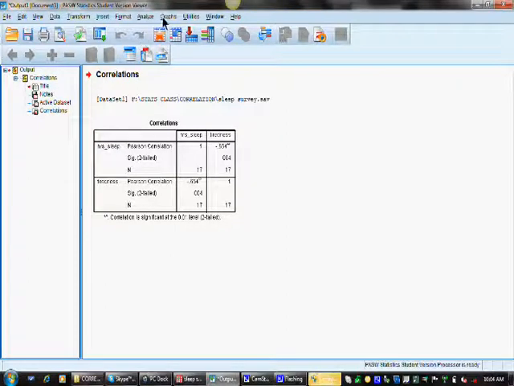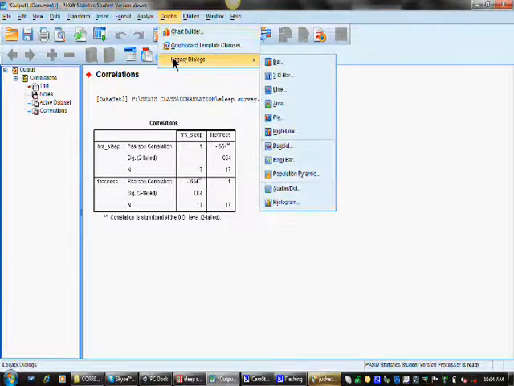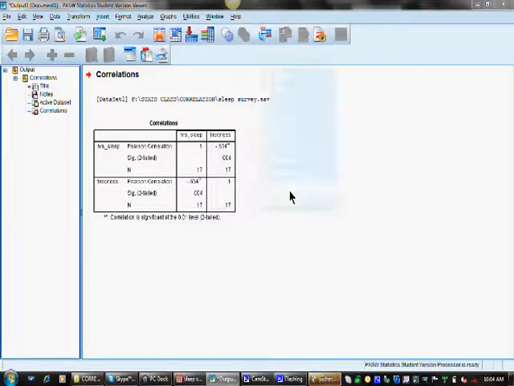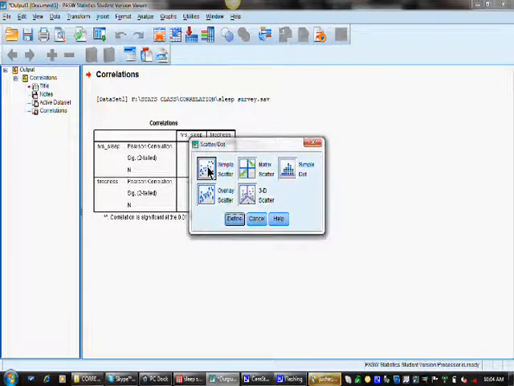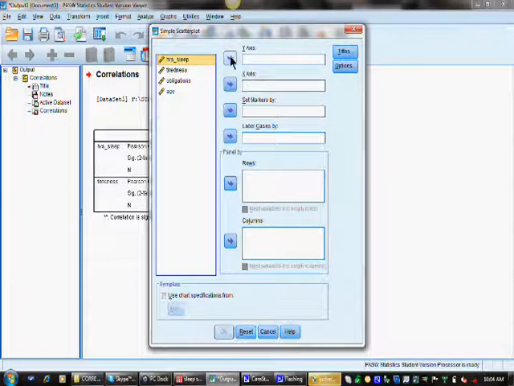We're also going to do a scatter plot, so we go to Graphs, Legacy Dialogs, and click on Scatter Dot. We're going to do a simple scatter plot, so click the first box, click Define, and here we put our variables of interest into the y-axis and the x-axis. So put the number of hours of sleep